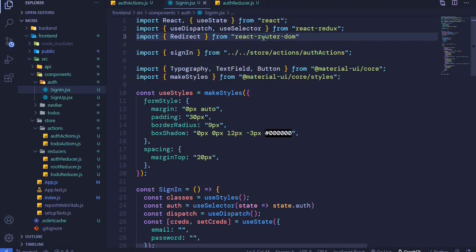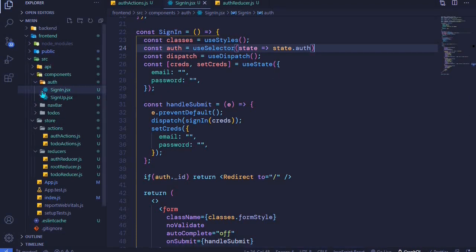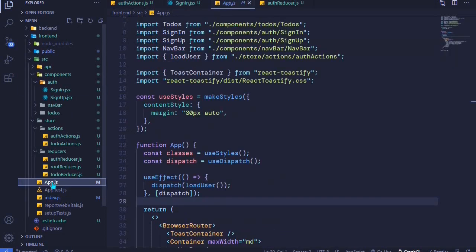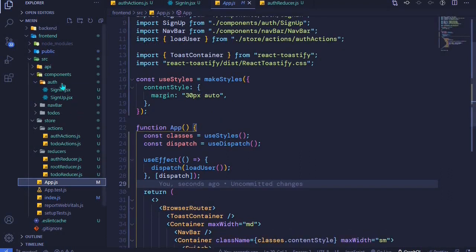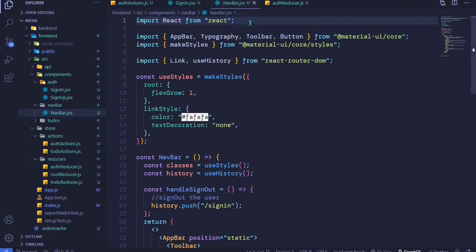So right now we should be able to log in and redirect the user to the home page. And I think we can also log auth to the console. Maybe what we can do, so that we also see the application state, is to come to our app.js component and log the state to the console from here, or rather from our navbar, because the navbar is in every component, like it's a shared component. That's what I meant. I think from here we can import use selector,